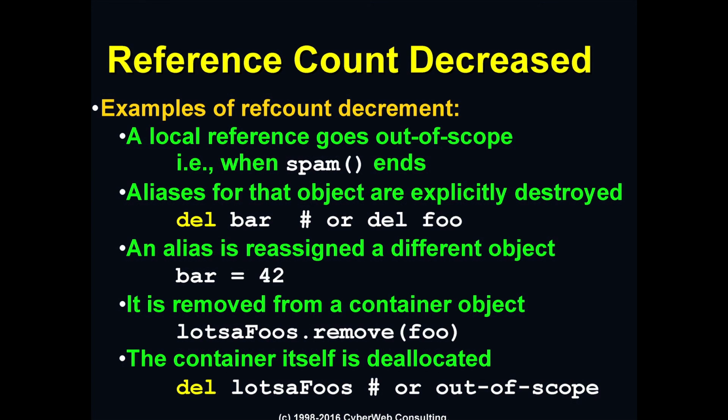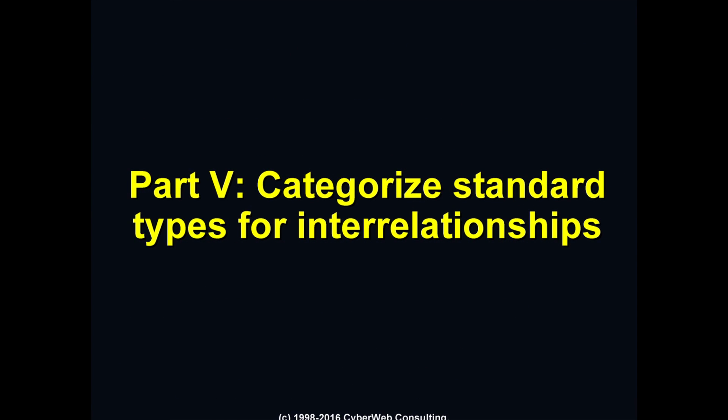You can explicitly remove a name binding by using the del keyword, okay? Or you can assign that variable to some other object, lifting the Post-it note off one object and sticking it onto another. Or if it was in a container, you removed it from the container. Or if the container itself got deallocated because it was in a function that ended. Okay, so that's how reference count goes down, right? So that's a quick commercial break on ref counts. Now back to